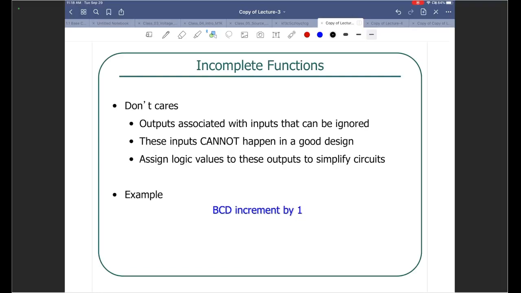So far we have been talking about functions that are complete, meaning the output column has a 0 or a 1. But sometimes you may have incomplete functions, which means that sometimes you may not care what the output is. So for example, say you're trying to design an elevator controller